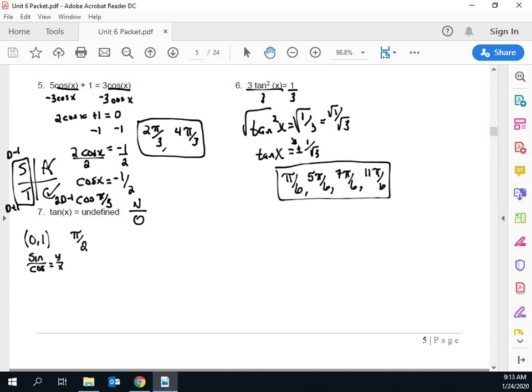Y over x. Well, if I use the coordinates of the location of pi over 2, let's plug those in. y is equal to 1 and x is equal to 0, and we've set up the 0 on the bottom, right? And one thing we've got to think about here too, guys, is that tangent is undefined when x equals 0. So I'm going to go ahead